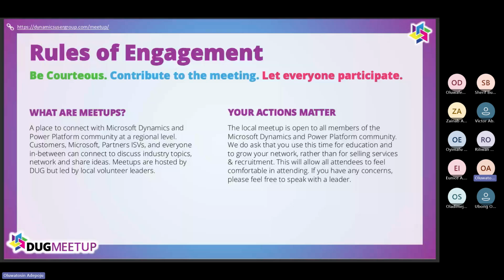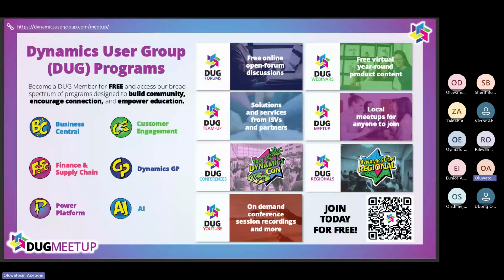So we have some dynamic user groups programs. This is where we get to see the programs here. We have forums, we have DUG forums, we have webinars, like what we are doing now. So for DUG Lagos, which is an arm of the big DUG community, we have our webinar every month. So that means our webinar is monthly. And then we used to have a physical meetup every quarter. So that's for DUG Lagos.